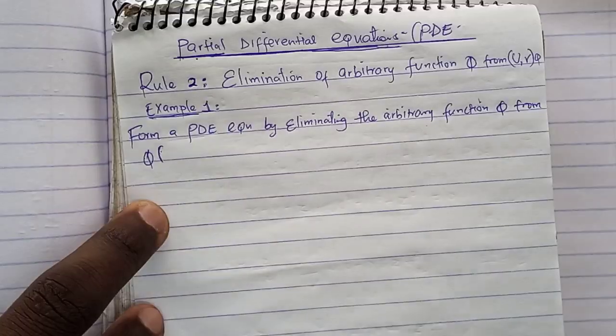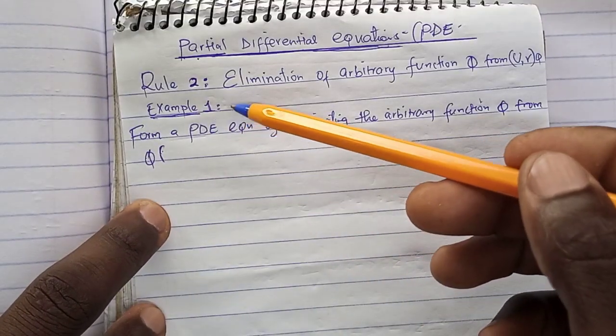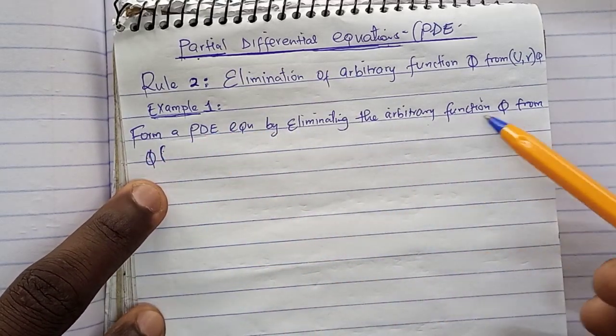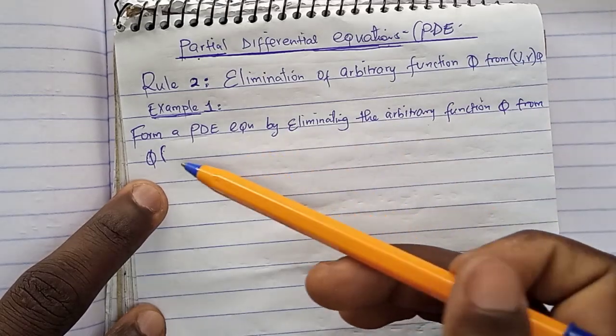Again, let me take you through the partial differential equations, the PDEs. Rule number 2, elimination by arbitrary function. Okay. Example 1. You are told to form a PDE by eliminating the arbitrary function from